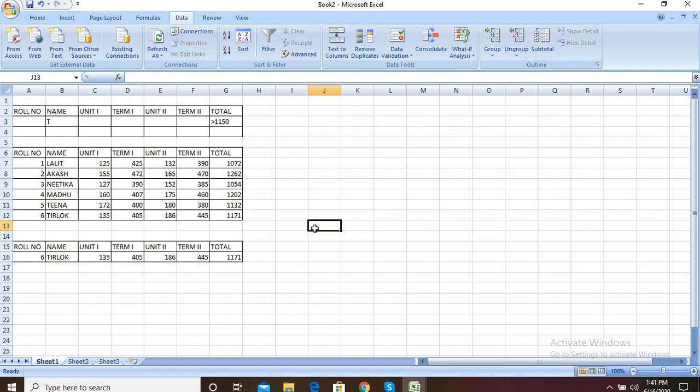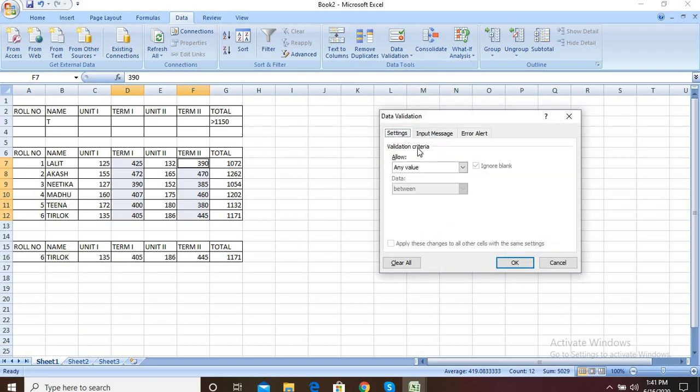Same thing you have to apply for term 1 and term 2 also. So for term 1, select the term 1 marks, and after that press the control button and select term 2 marks. Go to data validation, click on data validation. Here in settings, click on whole number, number is to be 0 to 500, and click on input message.